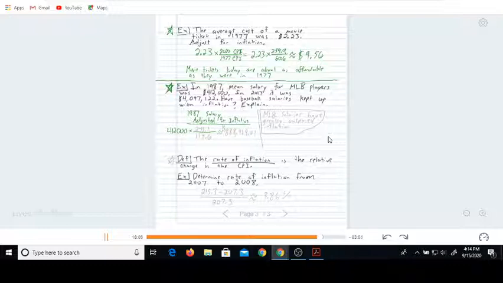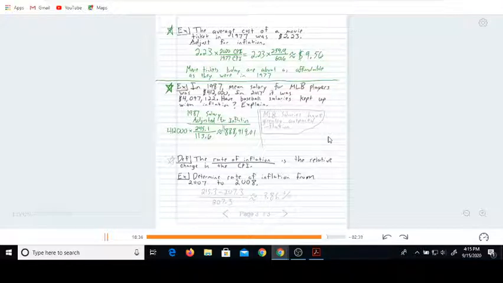If we look at our index numbers, the index for 87 was 113.6, and we're converting that to 2017, where the index is 245.1. Let's see what we get here. And you get approximately